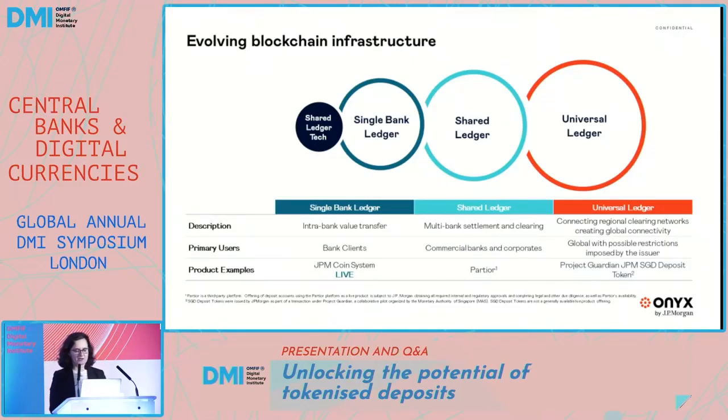Moving on to universal ledgers. Universal ledgers are mostly public blockchains where interoperability is maximized. Now, having said that, of course, there is no single ledger. There are multiple public blockchains. But this type of environment requires regulated institutions like us to use controls to create a trust environment. This is what we demonstrated under Project Guardian last year under the supervision of the Monetary Authority of Singapore. I'll talk a little bit about Project Guardian later through my presentation.